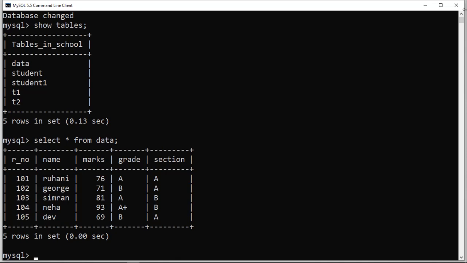Now let's see a certain set of possibilities here. I have already shown you the result of ascending order. Now let's see whether the descending order is going to work here or not. So let's write the query.